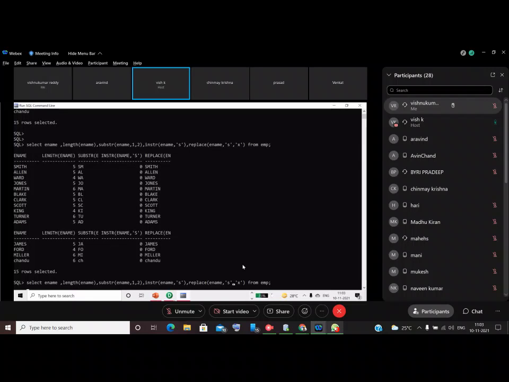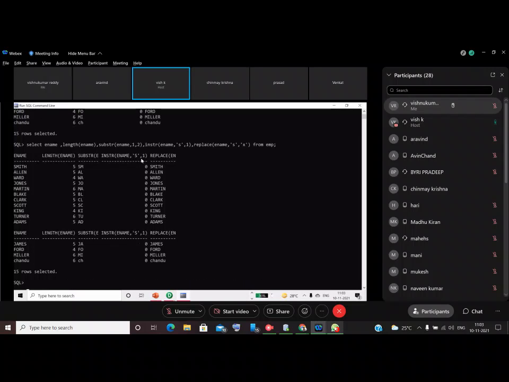You have to use one. You have the first occurrence, and the second occurrence will also be there, another argument will be there. So now instring. Okay, the spelling is in capital letter, right? So that is a problem. So now you can see S first. Here S is at the 5th position. So like this. And replace, I'm replacing S with X, right?